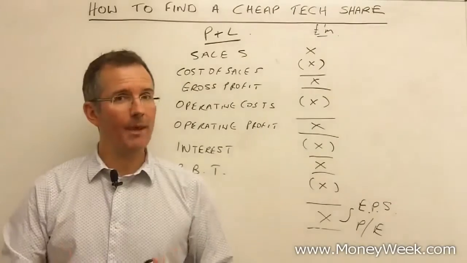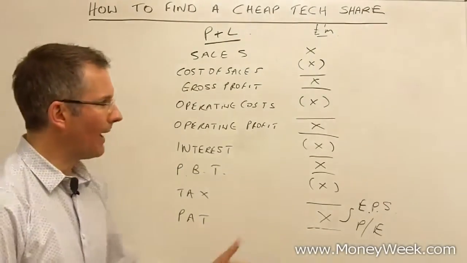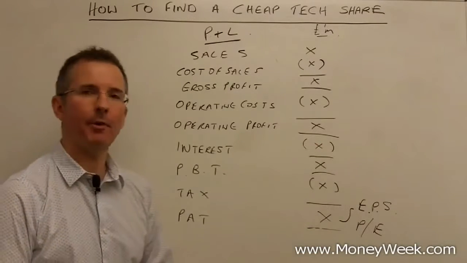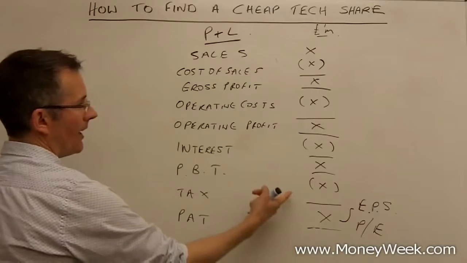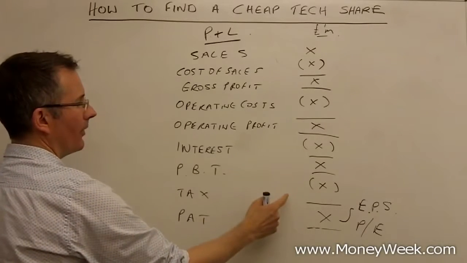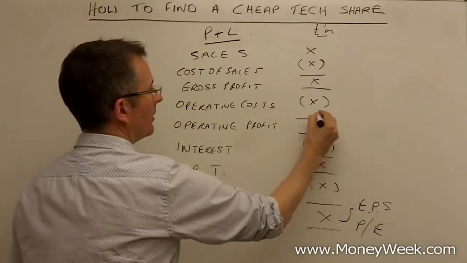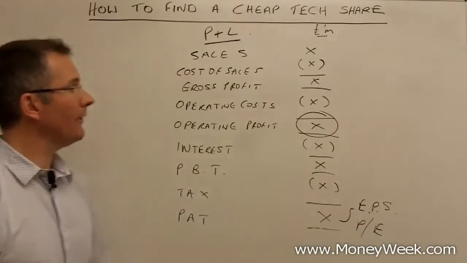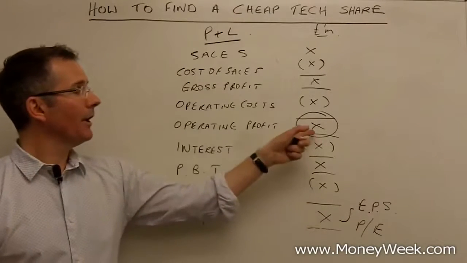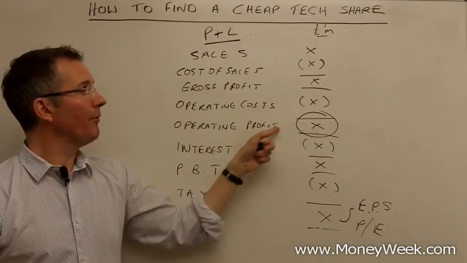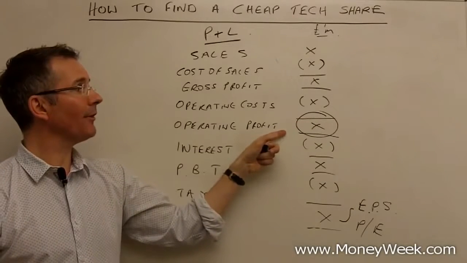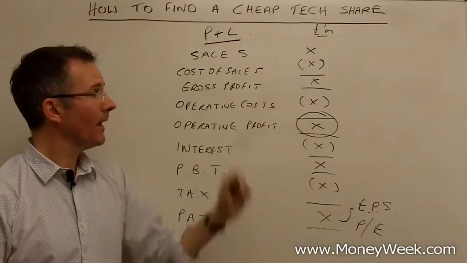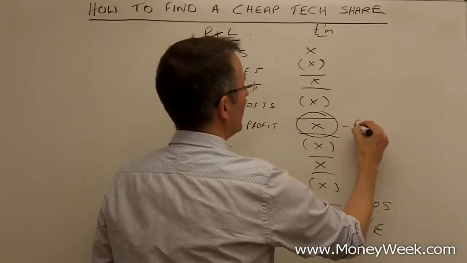So you think, well, that's not going to stop me, so let's keep going. How about I move up the profit and loss account? So if that is negative, how about I move up and try and find a positive number? So maybe if I go back up the profit and loss account, take out the tax charge and the interest charge, maybe I can start working on some kind of ratio that uses the operating profit figure. Or maybe I can even take out two of the more subjective costs that sometimes afflict profits, as well as interest and tax. Maybe I can take out depreciation and amortization and convert that into a number called